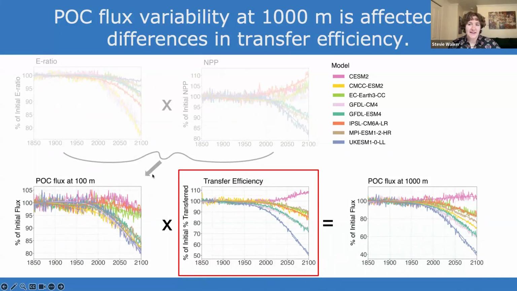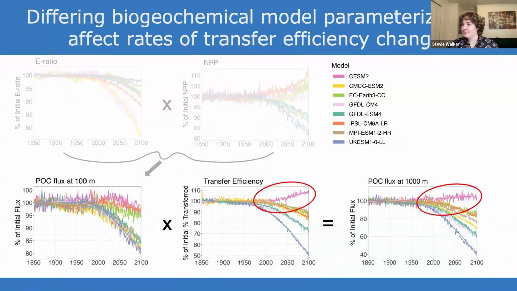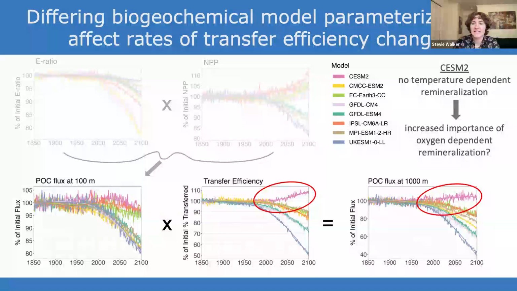So now I'll touch on some models of interest here. The first is the CESM model. It stood out to us because it has increasing POC flux at 1,000 meters over the 21st century, despite a decline at 100 meters. And this is driven by this increase in transfer efficiency. So qualitatively, we're trying to think about what might be causing this increase in transfer efficiency. And all of these